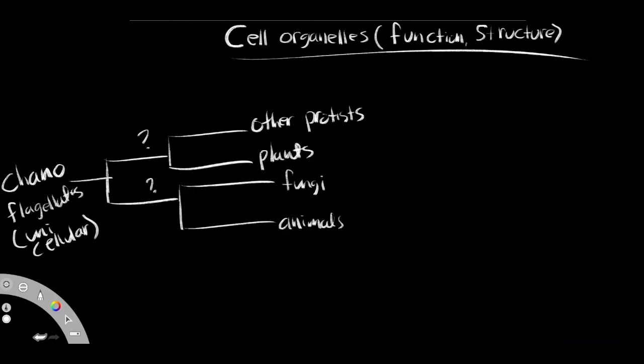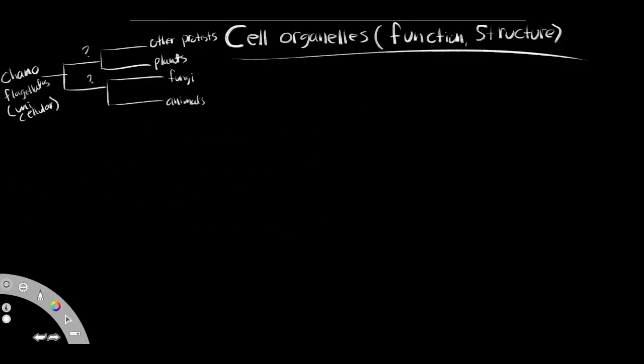Why am I making that disclaimer? Let me explain why. I'm bringing this up because in the previous video, when we looked at one of the organelles, the centriole, we identified it to be only found in animal cells. But if you want to get extremely specific, it's actually in protists too.